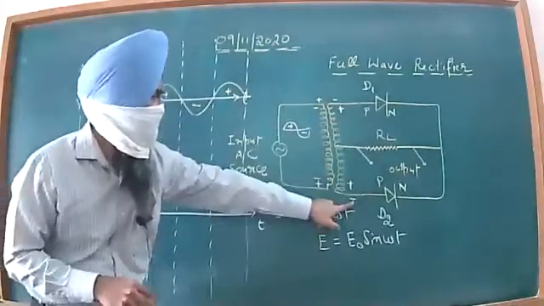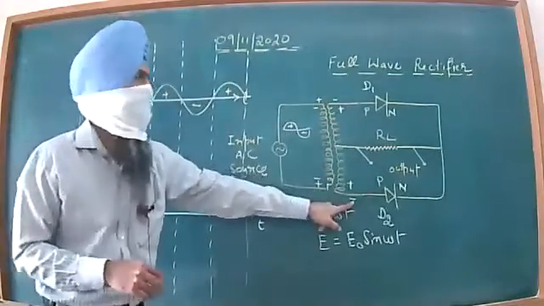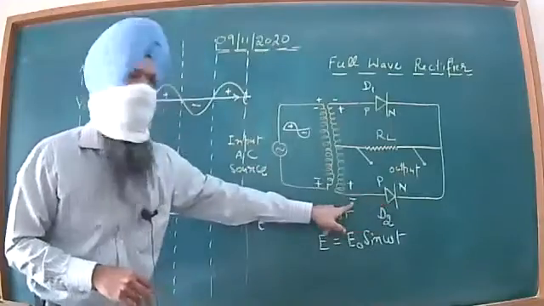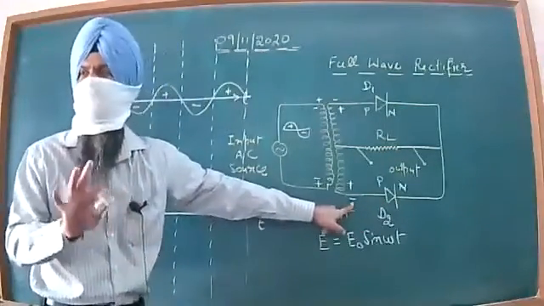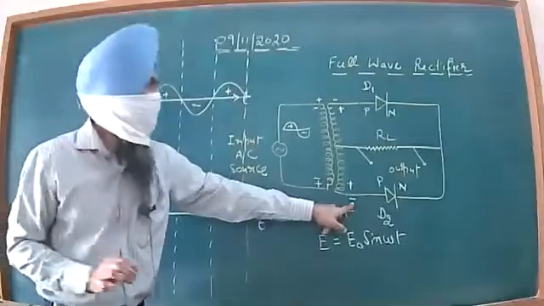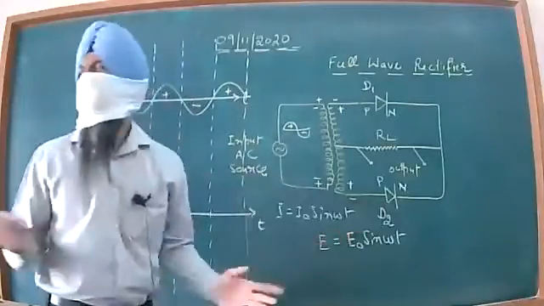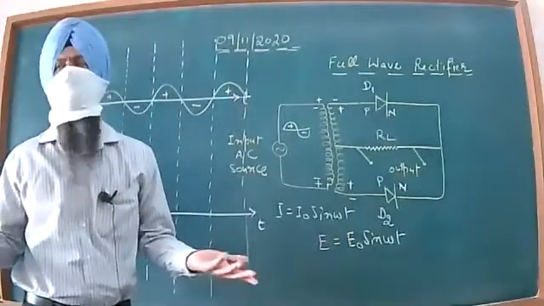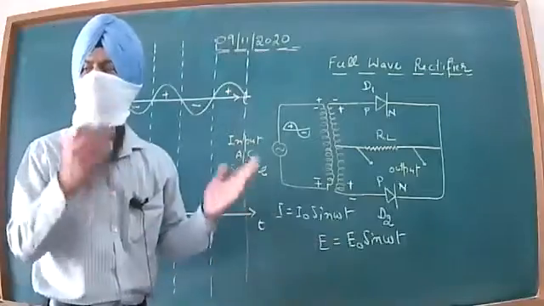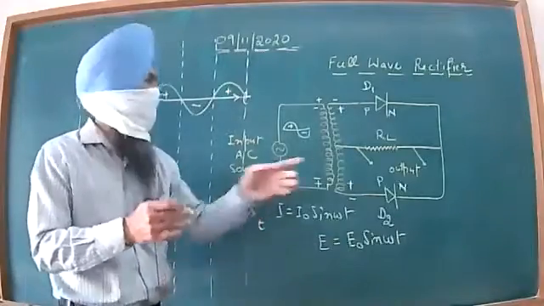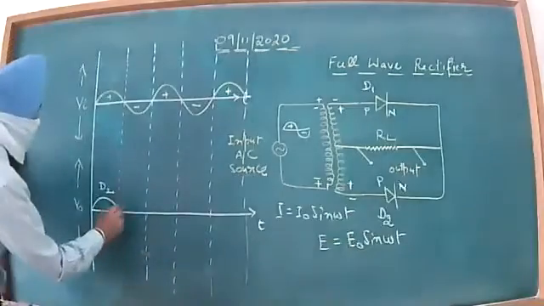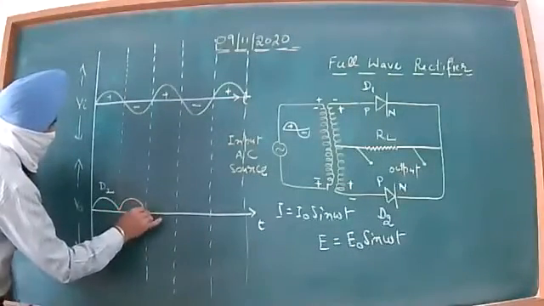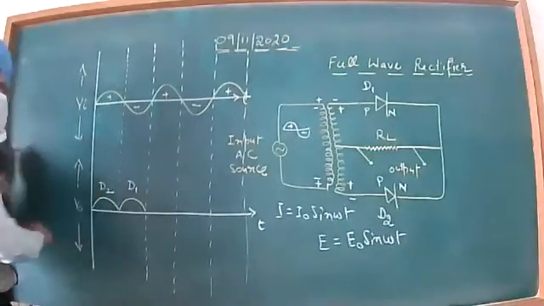Now focus simultaneously at the diode D2. Here, P is connected to the negative terminal or the negative voltage or the lower potential. So this diode D2 will now be in the reverse biased condition. It will be cut off. It will not conduct and we will get the output not due to D2 but due to D1 this time. So here the output will be due to the diode D1.